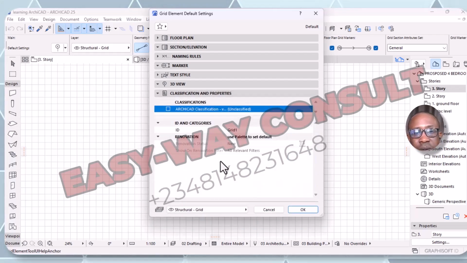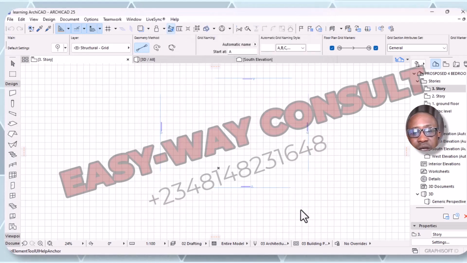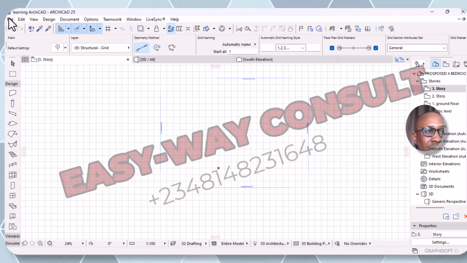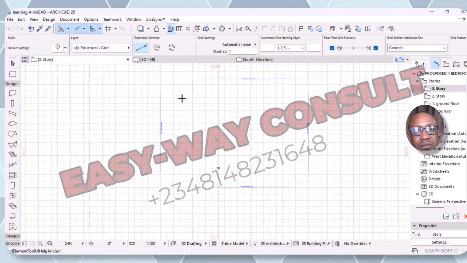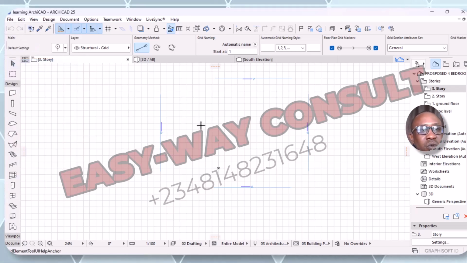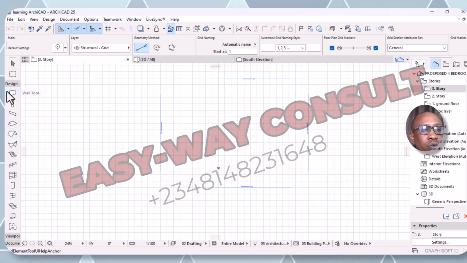You go here and I got the elevation pattern, whatever. This is not necessary, so just leave it and say okay. So you have set your grade and you also save it. Then when you want to go to your wall, you can click to this wall and go there, but I think